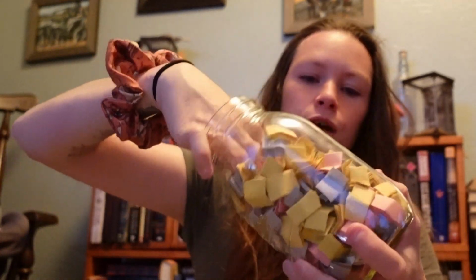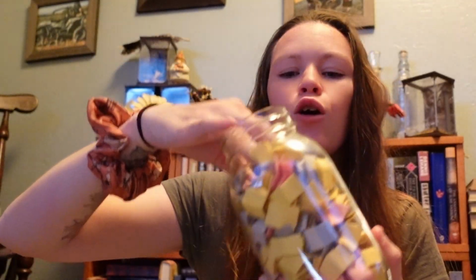So let's try it. Okay, so I have my jar right here. If you don't know, blue ones are ones that I've had the longest. Yellow ones are ones from this last year or so, and then the pink ones are my most recent purchases. So let's pick 3 out of here. We'll see what I get. Hopefully one of these I will want to try out. So the first one that we've got